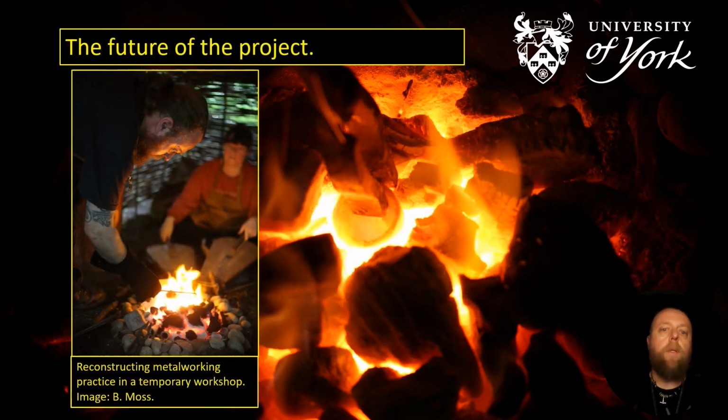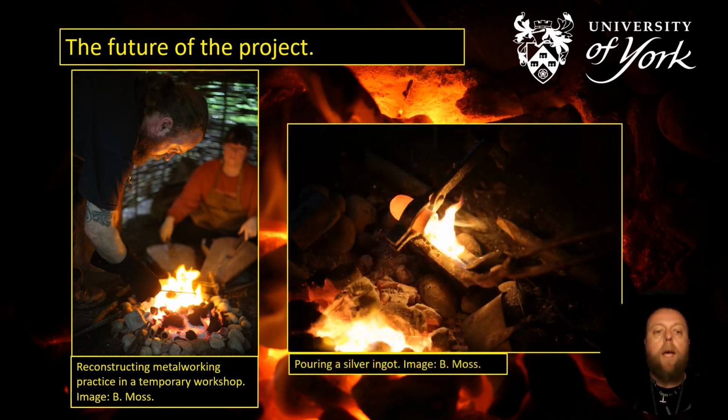Moving forward, I will be using this structure for metalworking and hope to be able to untangle some of the unknowns that surround Viking Age non-ferrous metalworking. But in building the project from the ground up, I hope that I've been able to shed some light on the skills and life ways of the builders of this structure, a group of Viking Age craft workers who have not previously been given any credit or consideration in the